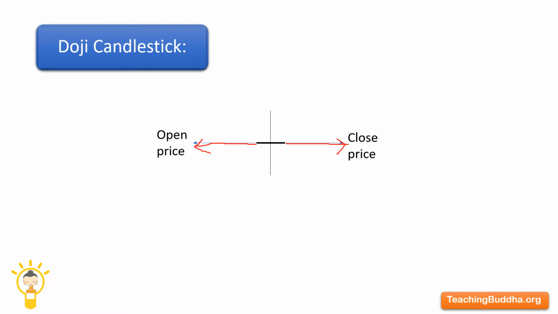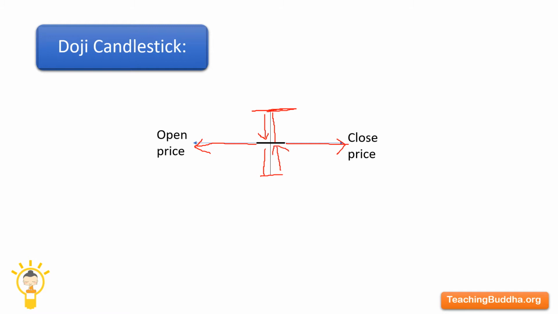But there are upper shadow and lower shadow, because during the formation of this candle, the price has moved up at some point of time and reached this high. This is the high of the candle. But sellers took control and pushed the price back downwards. Similarly, at some point of time, price has fallen down and this is the low, but buyers took control and pushed the price back upwards.